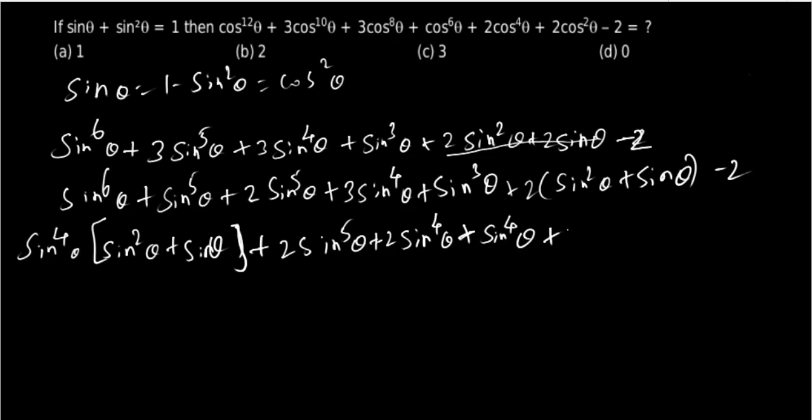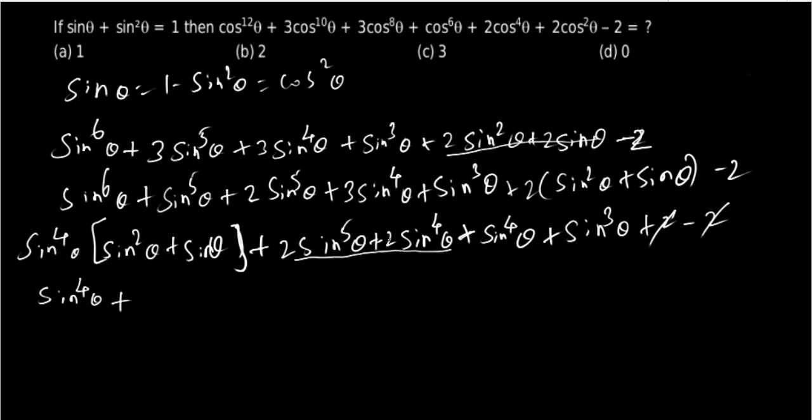plus the sine cube theta, let me write as it is. Sine cube theta plus 2, this bracket sine square theta plus sine theta becomes 1. So 2 times 1 becomes 2 and the minus 2 is there. So this minus 2 plus 2 will get cancelled. Here sine to the power 4 theta, the sine square theta plus sine theta becomes 1. So we can leave. Plus in these two terms,